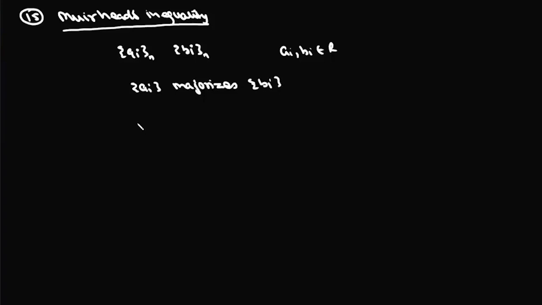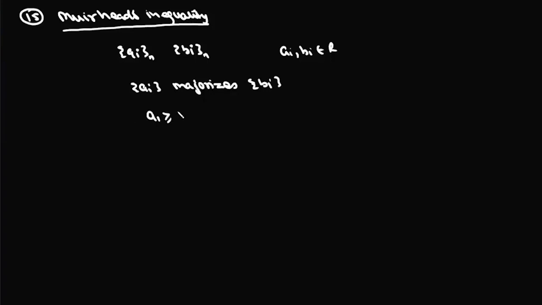Now this inequality simply says if we have two sequences ai and bi, which are sequences of real numbers, ai, bi belong to R, and each sequence contains n terms such that this sequence ai majorizes this sequence bi. Now what does that mean? It simply means that